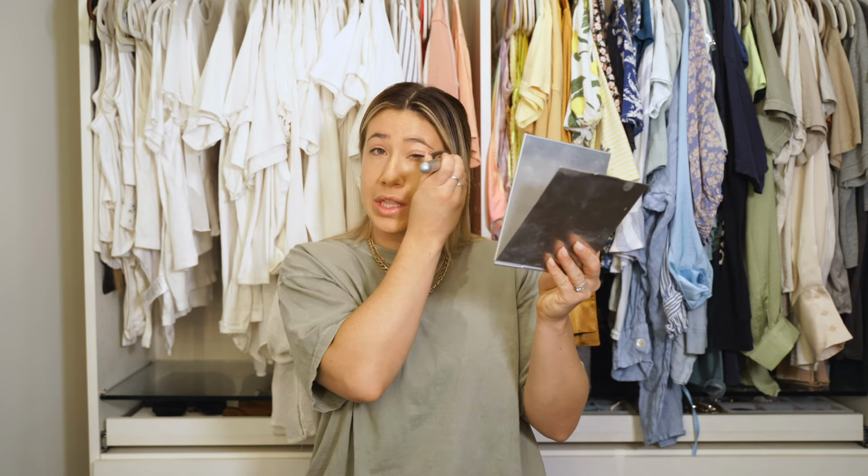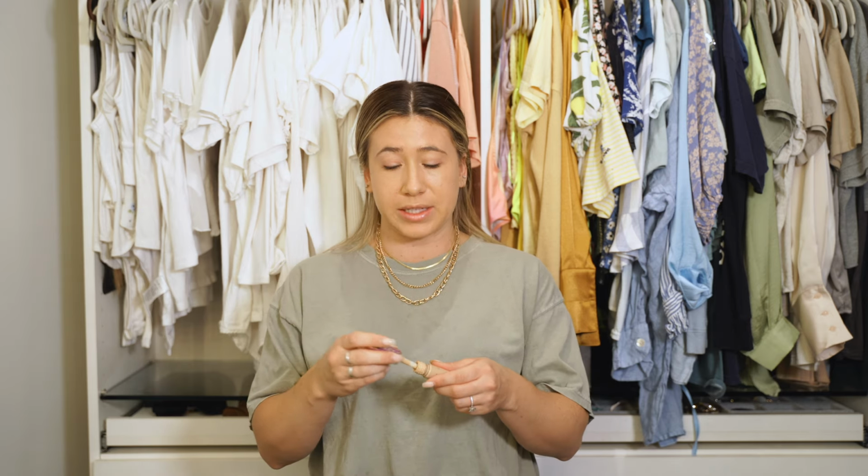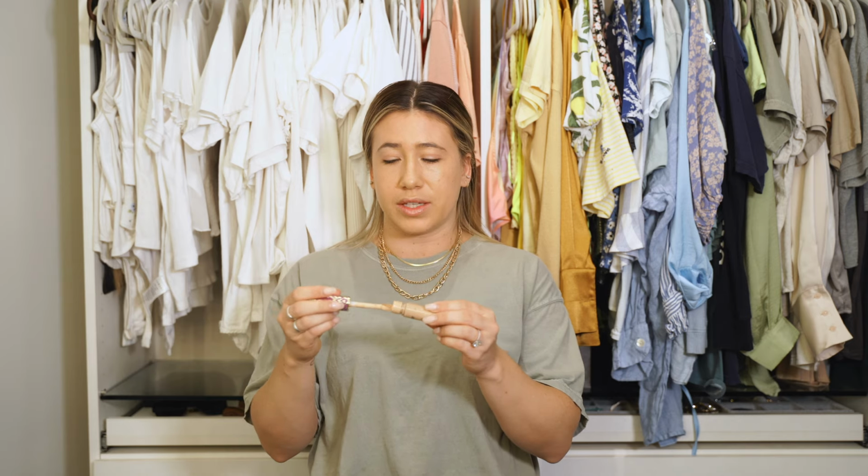But what I have learned in the very beginning of quarantine, which was crazy because my life was so hectic and so busy, this is really bothering me. So busy that I never really had time to, I hate to even say this, even go to the grocery store. Either Jay would have to go or I would do a Postmates. I'm going in with Tarte Shape Tape in the shade light medium 29N. This is my go-to, you guys. I love this. This is my favorite. But anyways,